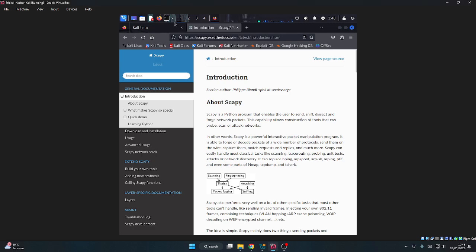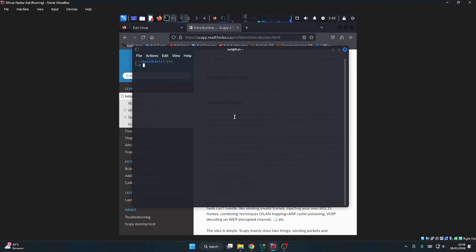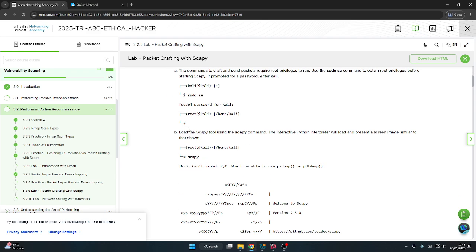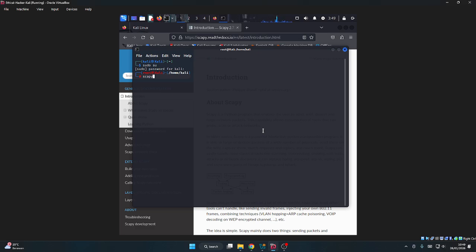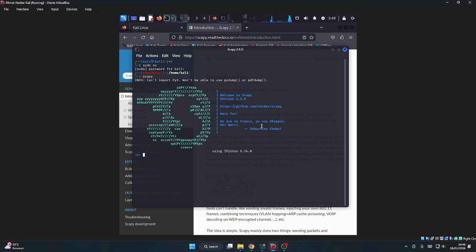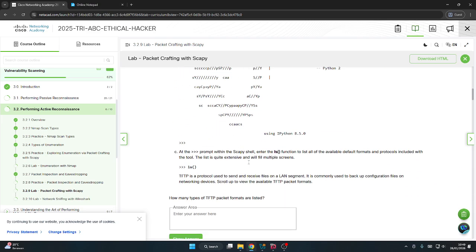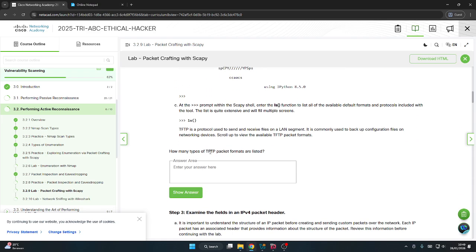We start by opening the terminal and using sudo to load the Scapy tool using the scapy command. So, start Scapy. It's done, and next is to use the command ls.